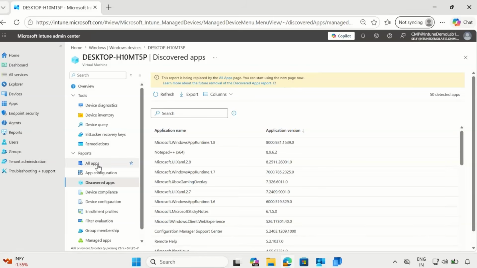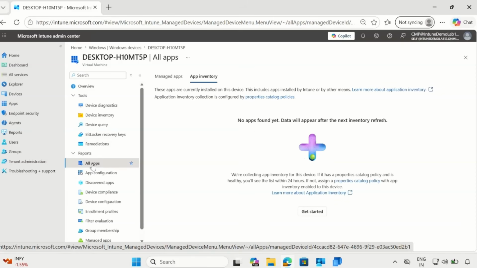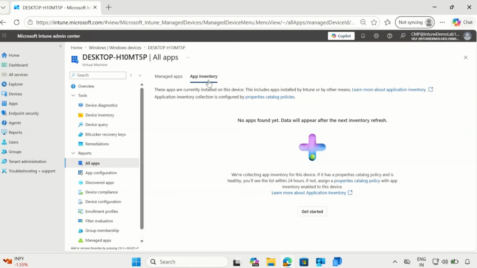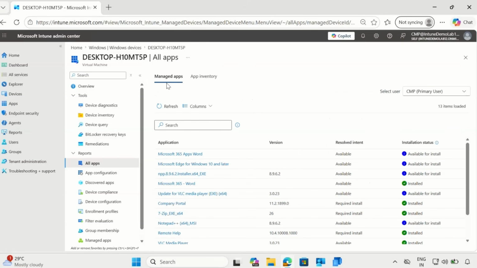And you can see this is the new all apps page. You can click on this. And now this is the app inventory. Now you can see that as of now there is no data for app inventory, but if you click on the managed app, now we can see that we have a lot of applications deployed as managed applications on